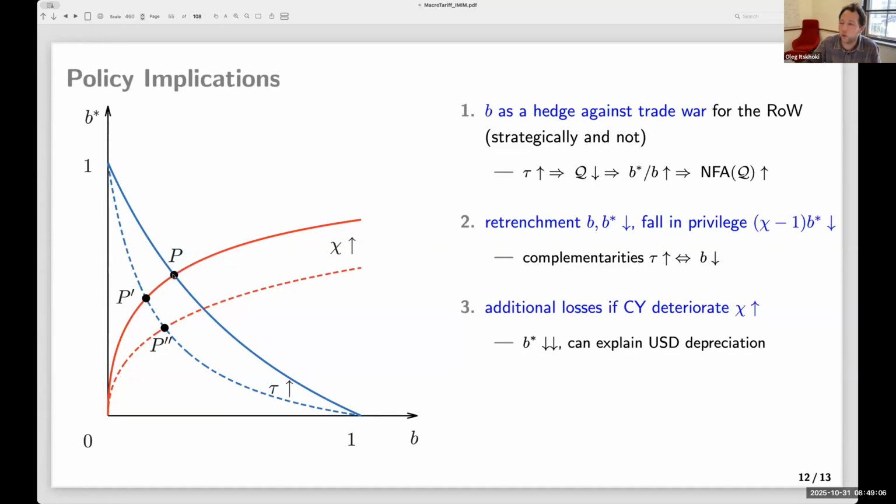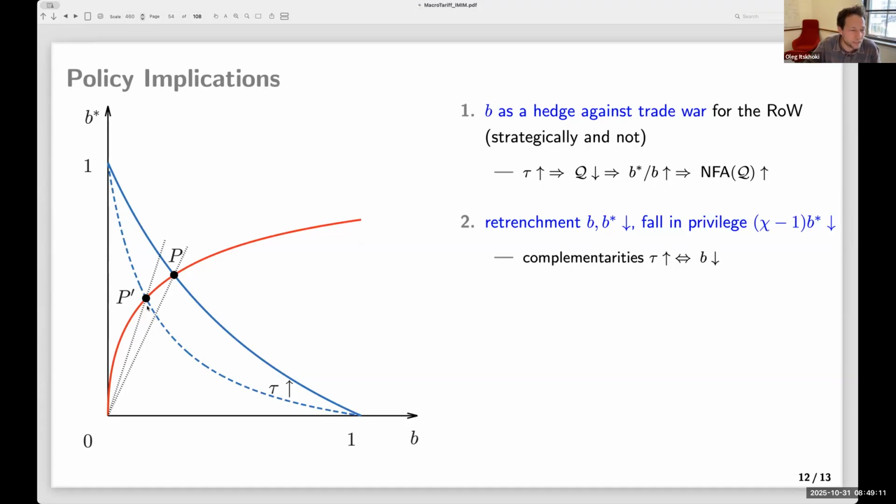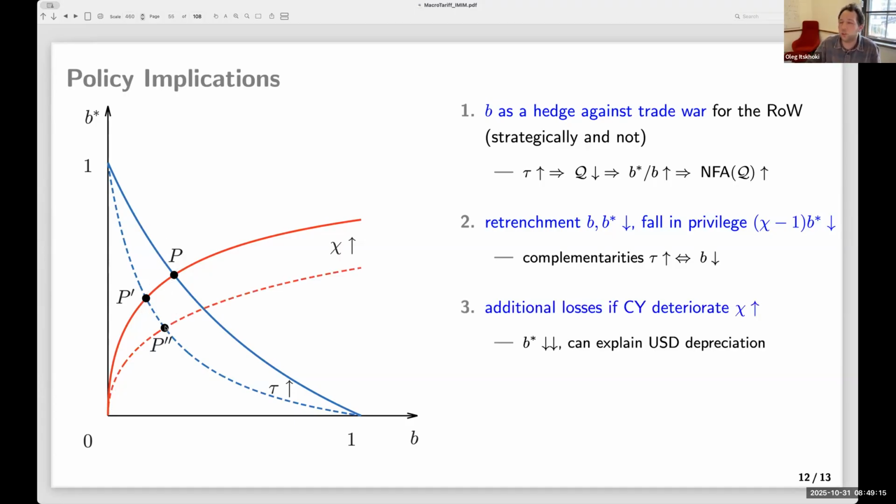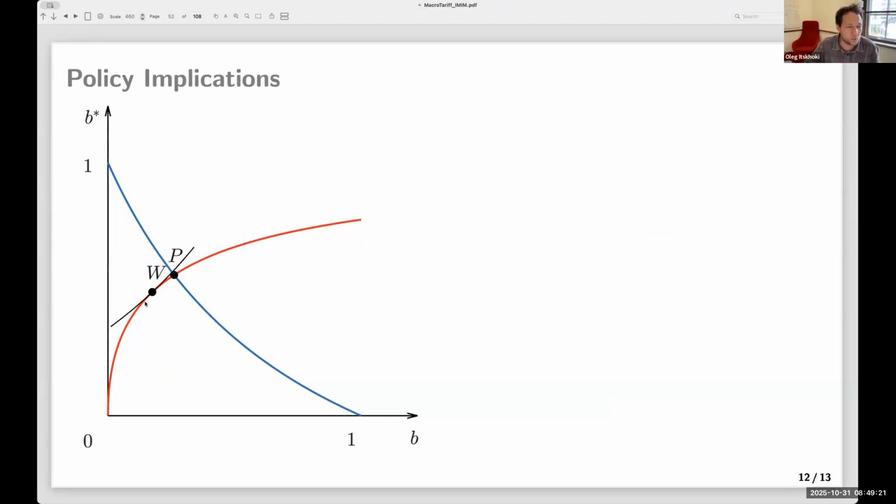So this is the portfolio before tariffs, this is the portfolio with tariffs, and you can see that there is an improvement in prices of US assets, but this is the portfolio with loss of convenience yield on US assets. And this situation is strictly inferior to this because utility for the US is here now in this portfolio space.